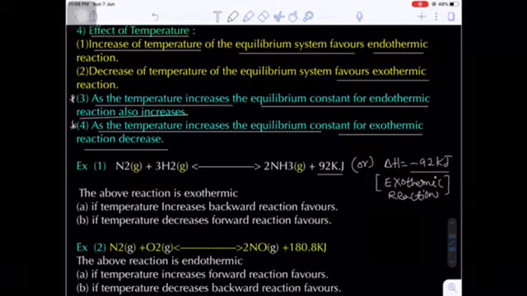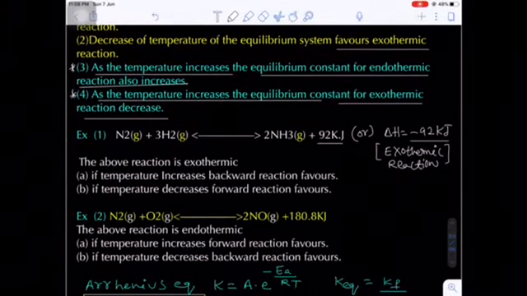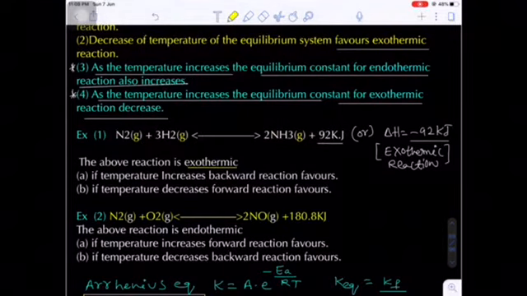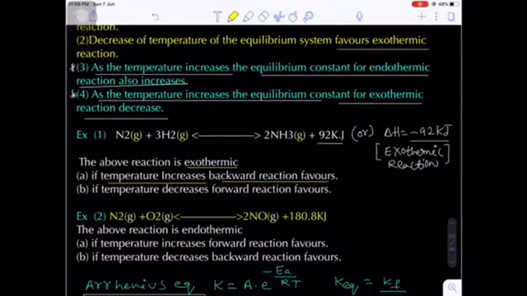Exothermic reaction, in which heat energy releases. Now the above reaction is what? Exothermic reaction. In an exothermic reaction, if you raise the temperature, then what happens? The backward reaction is favored, because in the forward reaction heat energy releases. So you are increasing the temperature. The increased temperature must be compensated by the system. That means heat energy has to be absorbed by the system in the backward direction. In this backward direction, heat energy is absorbed. That's why if you increase the temperature, the backward reaction is favored.